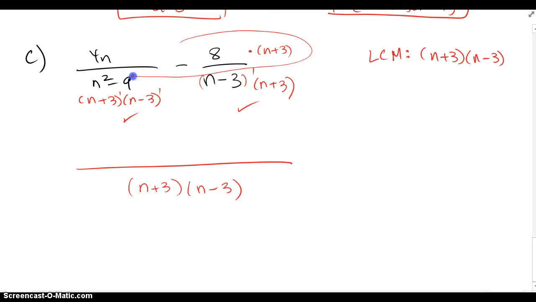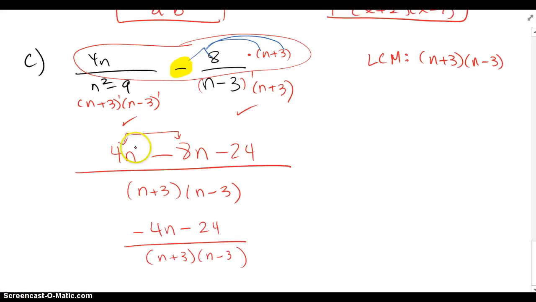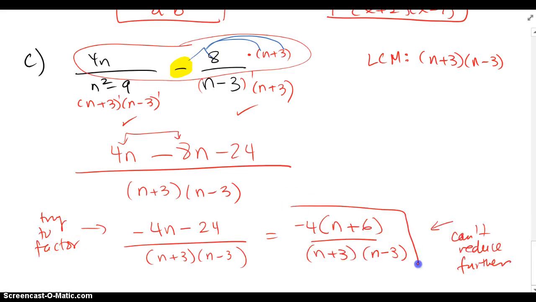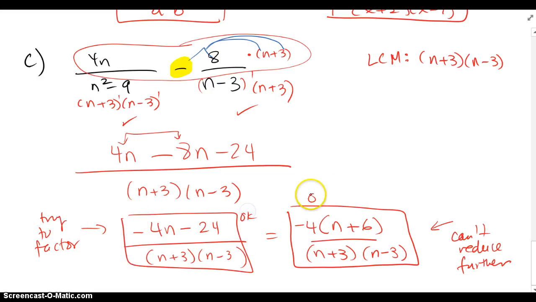And in combining the numerator, I have to be careful because I'm actually distributing a negative 8, not a positive 8. So 4n minus 8n minus 24 is what I get in the numerator. I combine like terms, that's negative 4n minus 24, and then I'm going to try to factor the numerator. Looks like we can't reduce any further, so this is okay or this is okay. Both are